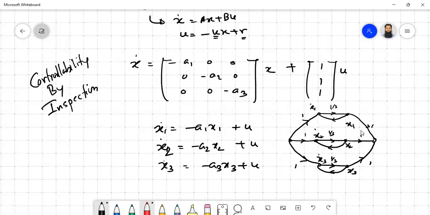So somehow, if one of the links is missing, say this one is missing, and this portion is also not available,